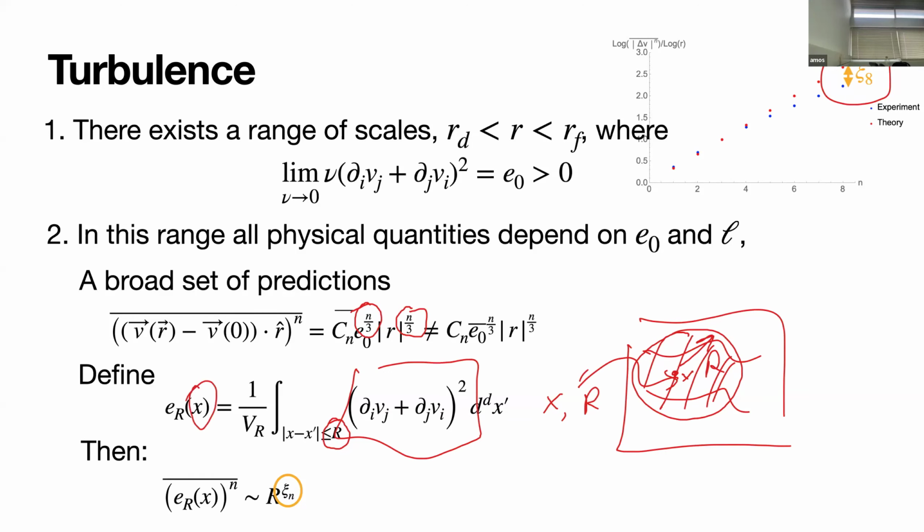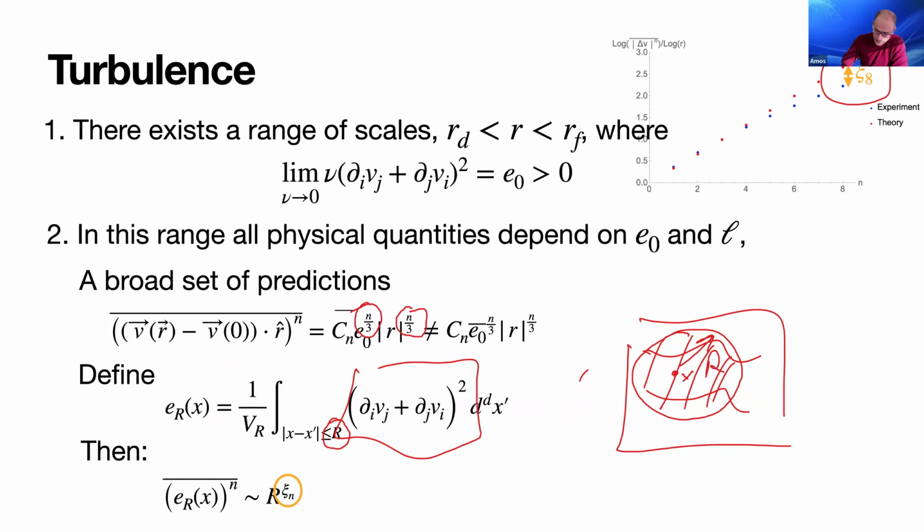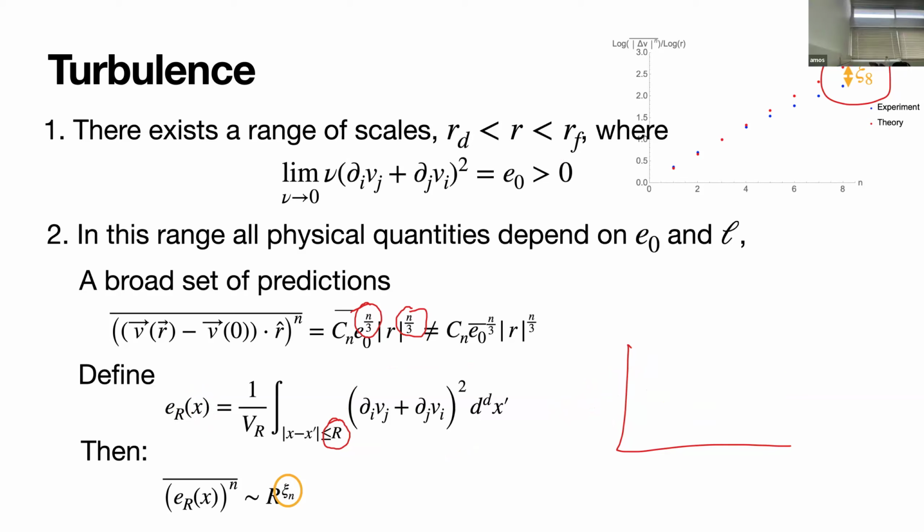So that's this X dependence and this R dependence. This big R, which is the radius or the volume radius of the sphere, is going to really tell us where we're sitting in the inertial range. So this is the average that you talked about a few minutes ago. Yes, okay. This would be a more precise statement of saying that this quantity is a constant. It would mean that little e of R would be independent of R. Yes. Okay. Good.